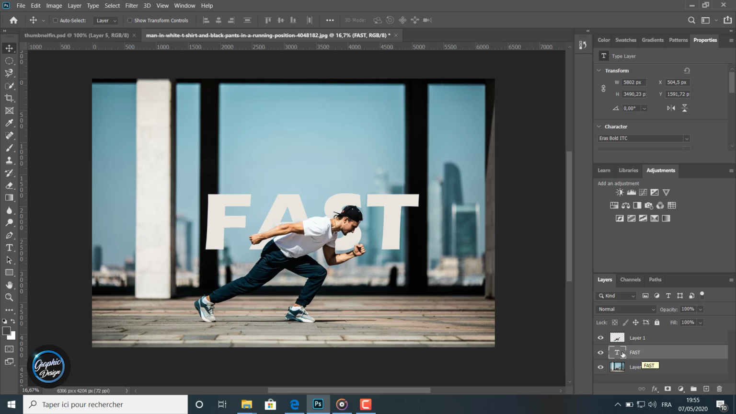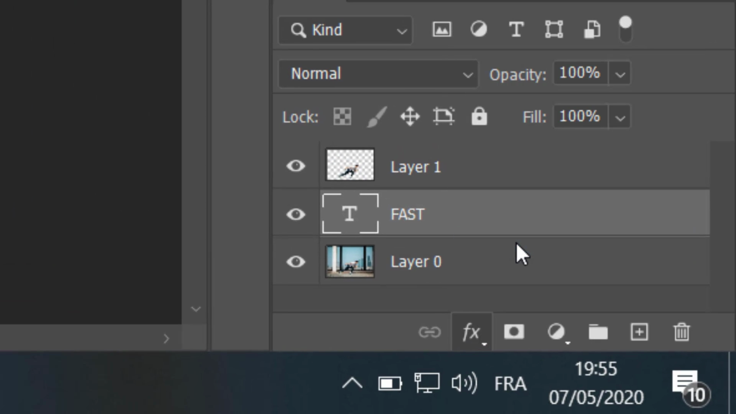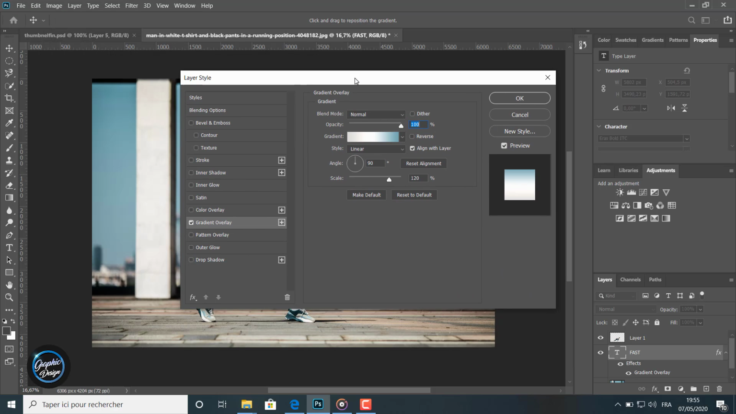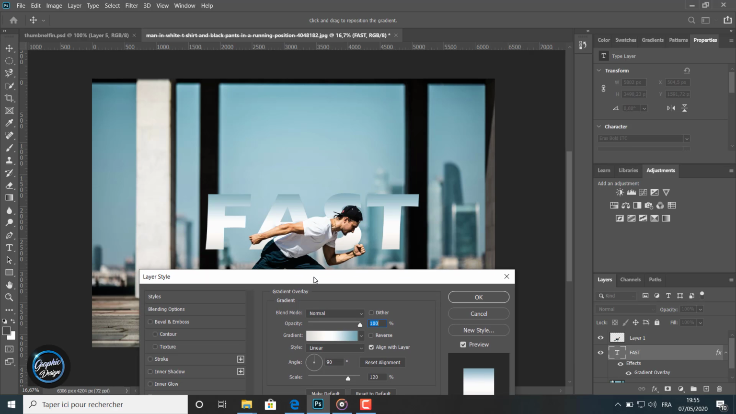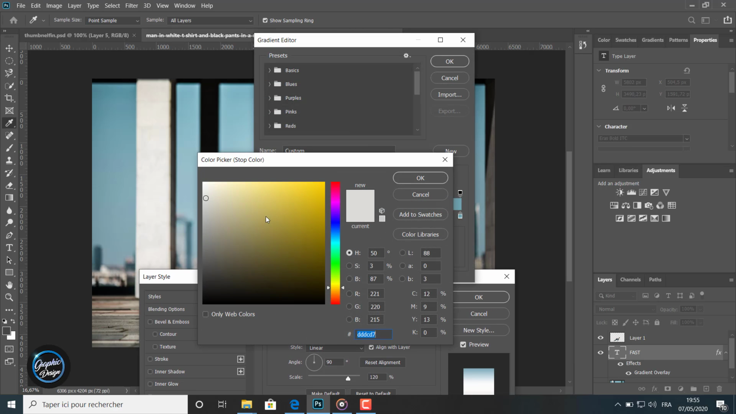Now we select the text layer and we go to effects, gradient overlay. We will add a gradient overlay to the text. Like you can see, the gradient overlay effects window is opened. We choose the colors we want. We pick this color here. The first color, we pick this one here. And for the second color,